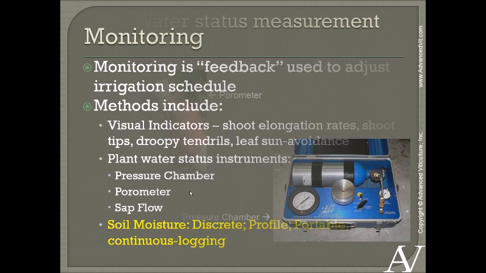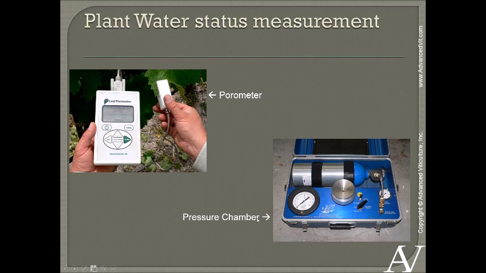And just for a review, or maybe it's not review for everybody, but these are the 2 instruments that I use primarily. The pressure chamber on the right has been commonly used in vineyards for quite a while, also other crops. It's nothing new. It's been around since the 60s, I believe, and it's nothing more than compressed air in a cylinder. We put the leaf in there. We cut a leaf off and pressurize it so the